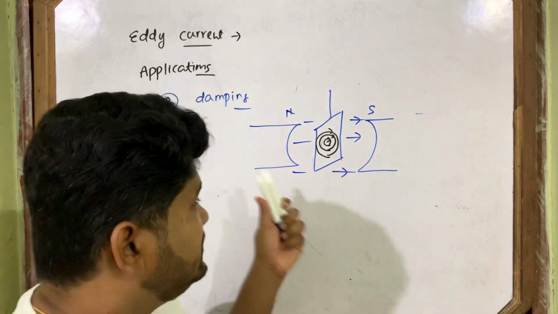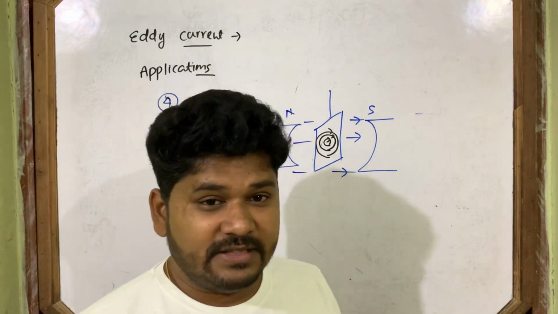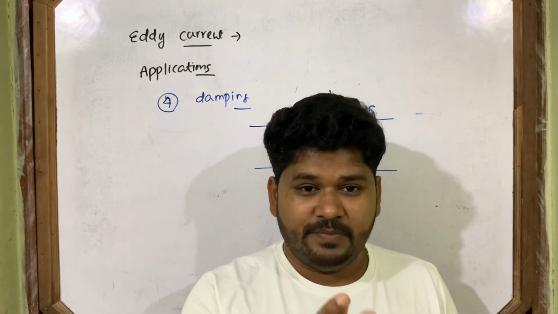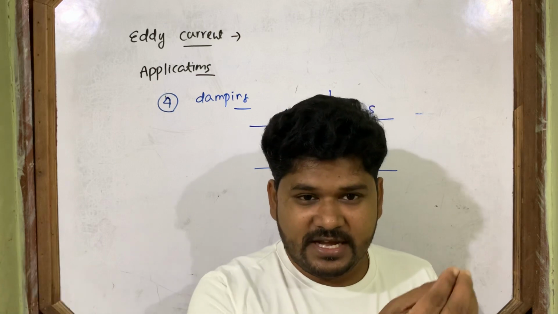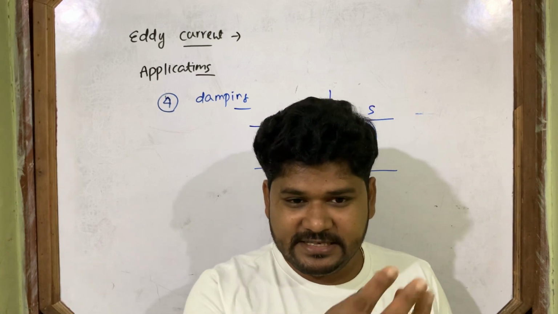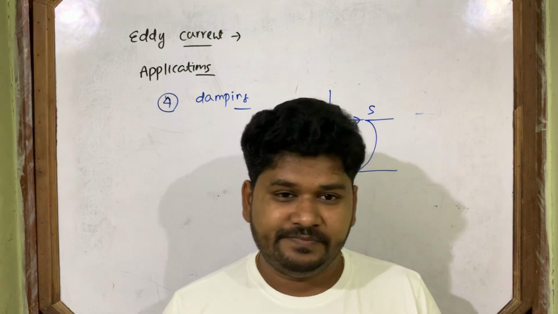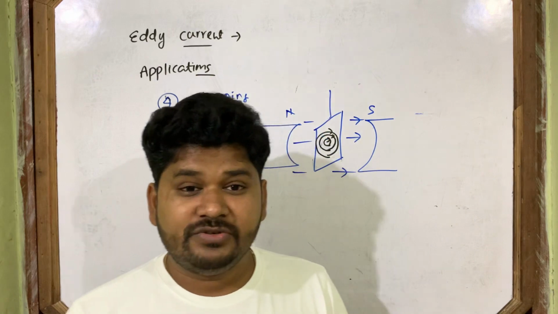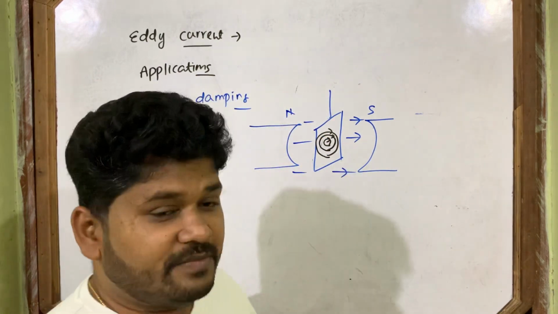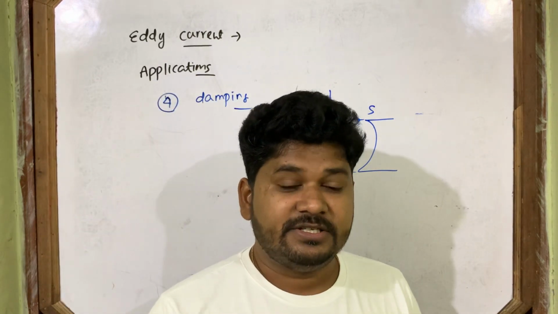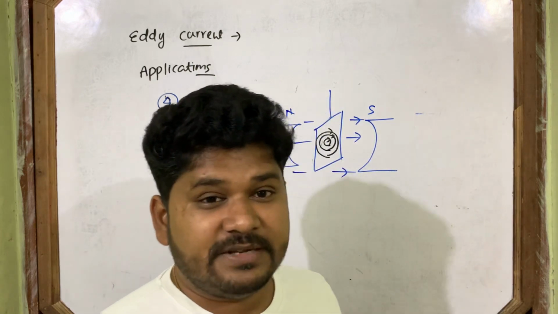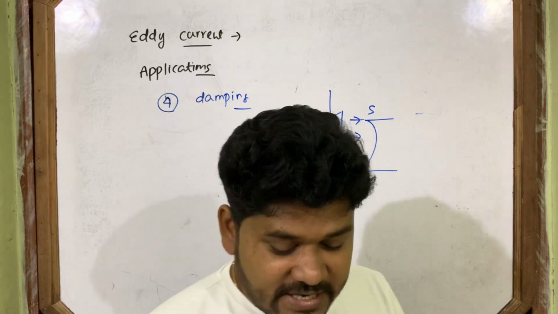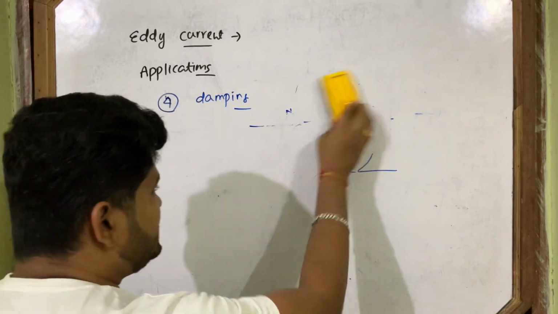It's called damping. You know this damping from class 11th in the oscillation chapter, when you oscillate a simple pendulum like this, after some time its amplitude decreases and comes to 0. That's called damping. The phenomenon of decrease of amplitude is called damping. Here the amplitude of the copper plate decreases. This is called damping. And this concept is used in the galvanometer. What happens in the galvanometer? How is this concept used in the galvanometer?